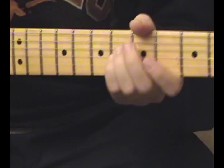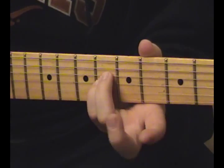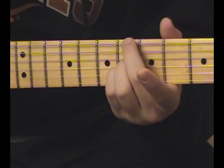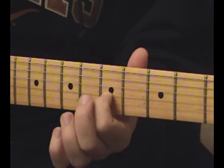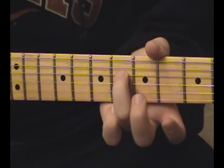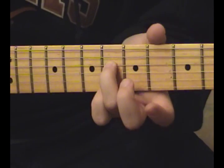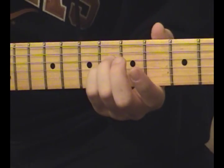So that's how it starts off in the song, and then after that it goes, take the middle finger and 6th fret right above these other two strings, other two fingers. But you're going to also incorporate your index finger on the 5th fret of the G string. The ring finger for this entire thing stays right there on the D string on the 6th fret, so you don't ever have to worry about moving it until you go down here, which I'll show you later. So anyway, you got the beginning,